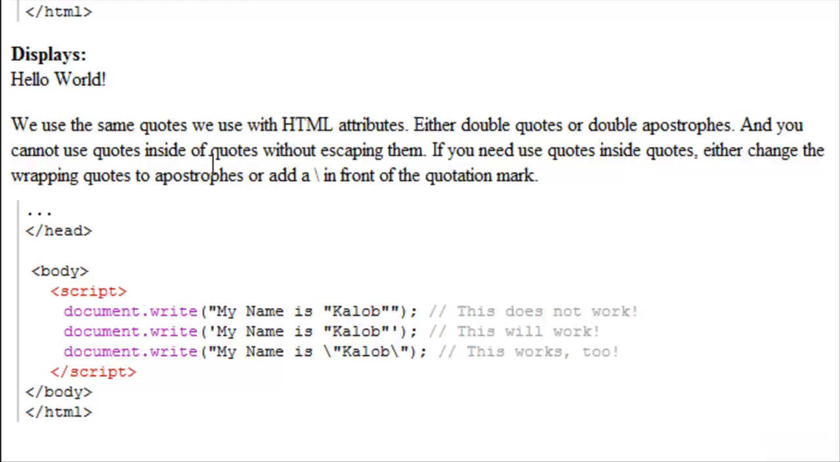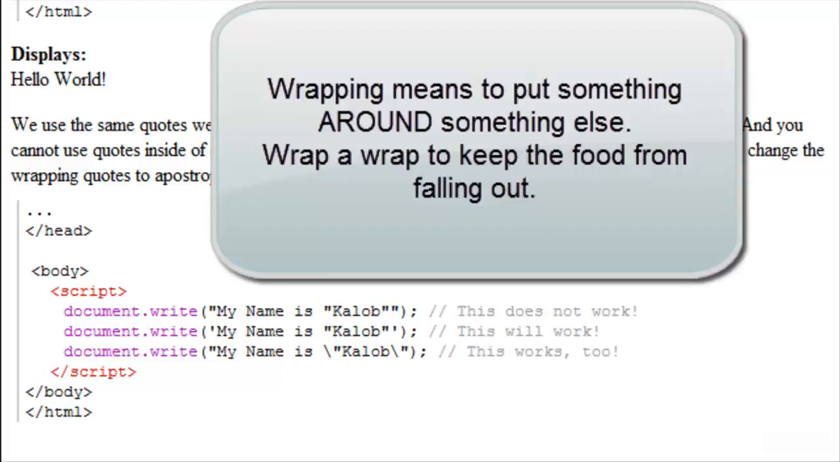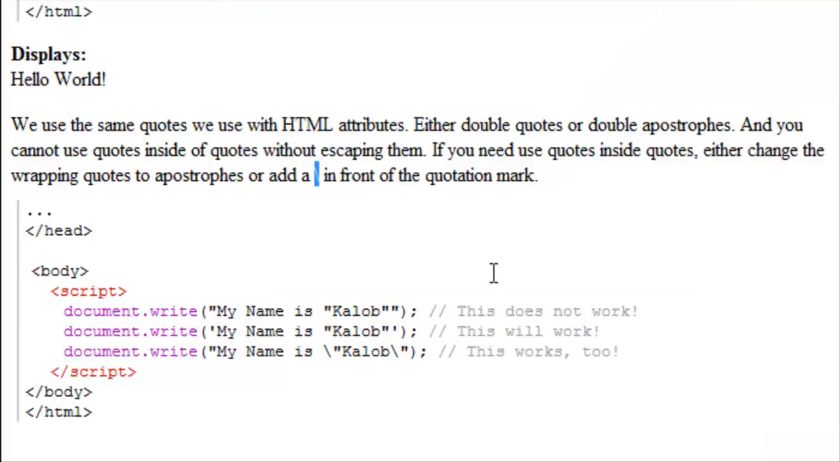If you need to use quotes inside of other quotes, you can either change the wrapping quotations to apostrophes, or you can add a slash in front of your quotation mark. So what we have here is document.write. So we're saying document, write for us, and I wanted to put my name is Caleb with quotation marks around Caleb. But because we have quotation marks at the beginning and the end of our text, this is not going to work. What the browser sees is this. My name is blank, and then in here